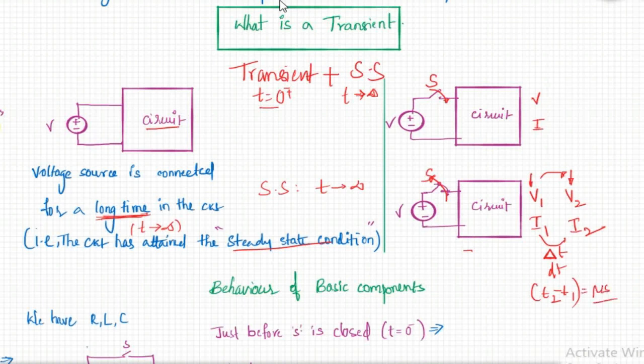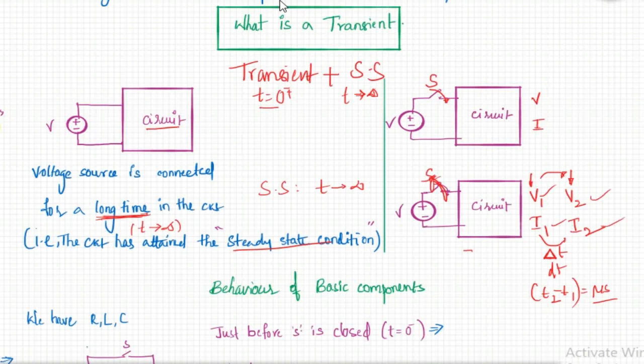Okay, so we are going to see the variation in the voltage and current parameters for a very little transient period, that is, very little time. Just before opening the switch and just after opening the switch, what are the voltage and currents we are going to see? So this is called transient analysis.